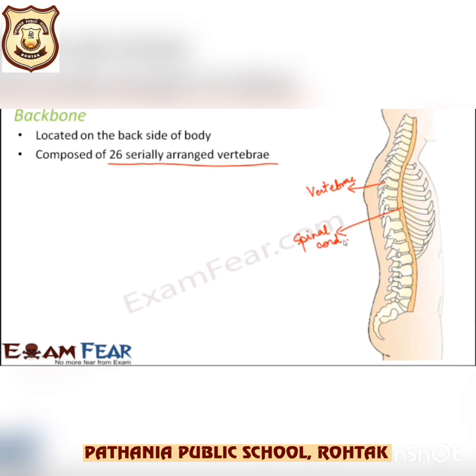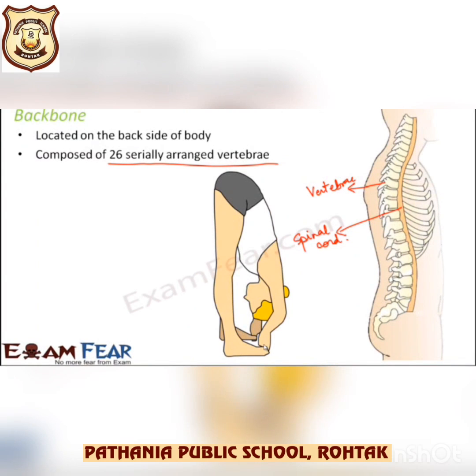Between the various vertebrae of the backbone are discs of cartilage, which are soft bones. These discs allow the vertebrae to move slightly and enable the backbone to bend forwards and backwards or from side to side, right? That's why we are able to bend. What would happen if the backbone was made of only one long bone? We would not be able to bend our body. Please note that the top 7 vertebrae of the backbone form our neck.